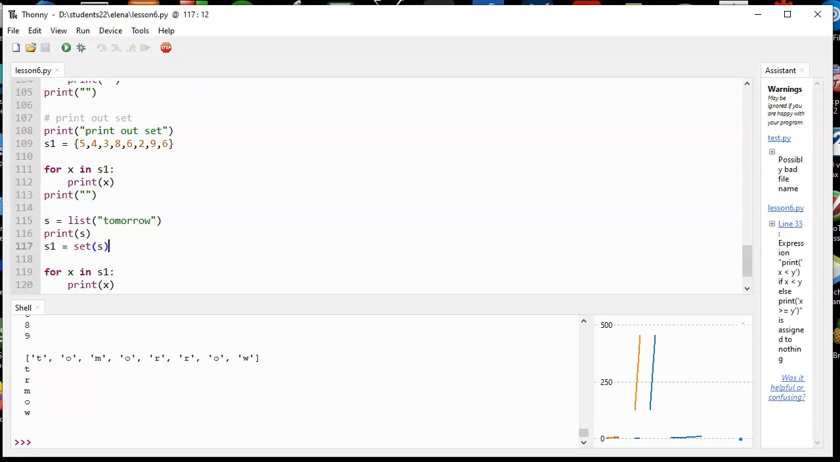So we need to make the list first, separate letters. So it's always good to print something out when you want to do it. And then we have to use the constructor set. We can't use the curly brackets because it doesn't do it for us. And then we make the set from the list, and then we just print it out, and we got